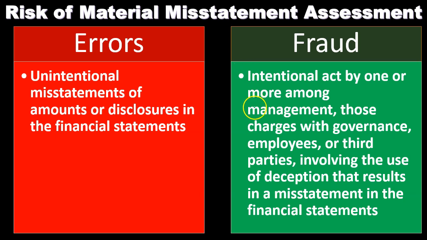Notice that we are less concerned with lower levels of fraud. We're going to catch the fraud, but we're less concerned when it's a lower level of fraud. If it's a lower level of employees stealing from the company and we find that within our audit, it's very likely that it won't be material to the financial statements. Although it's theft, although it's fraud, it's lower on the scale, and therefore it may not be something that a third-party person who's depending on the financial statements would alter their decision over.